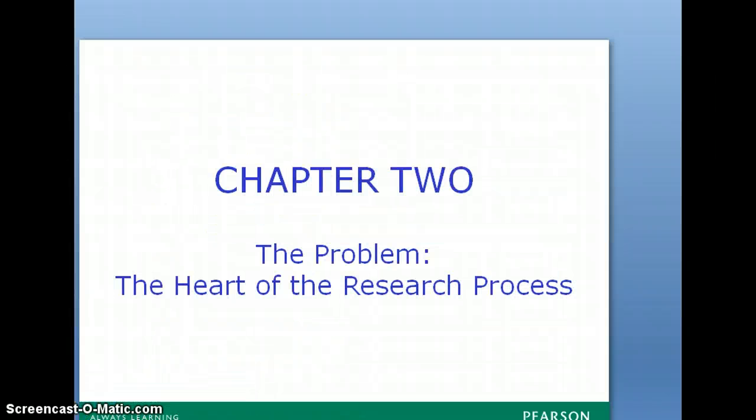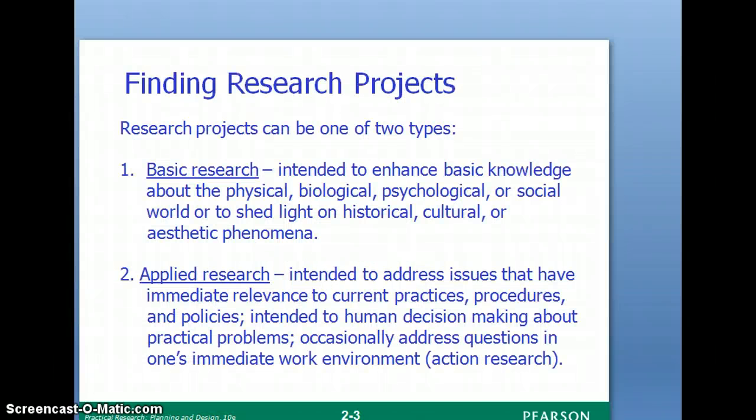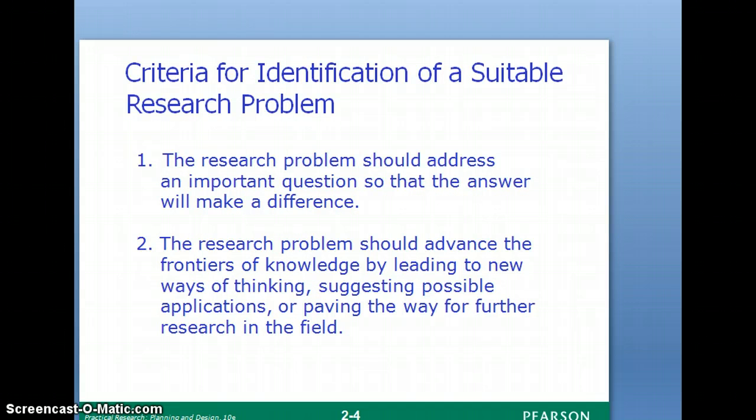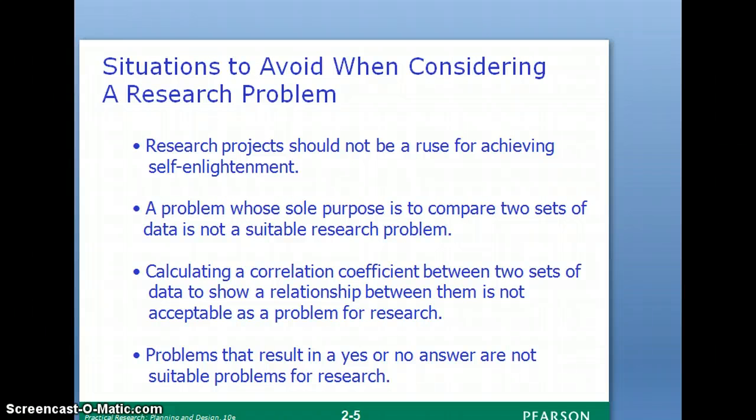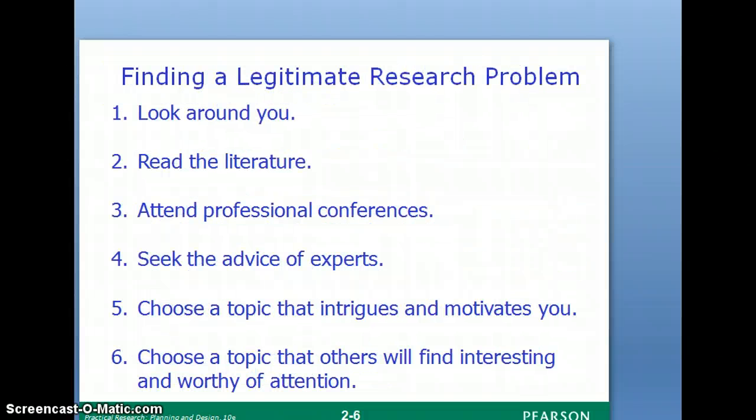Chapter 2 is about the research problem, the heart of the research process. We introduce ways of finding research projects. First, we distinguish between basic research and applied research. We identify criteria for identification of a suitable research problem. We talk about situations to avoid when considering a research problem. We talk about ways of finding a legitimate research problem